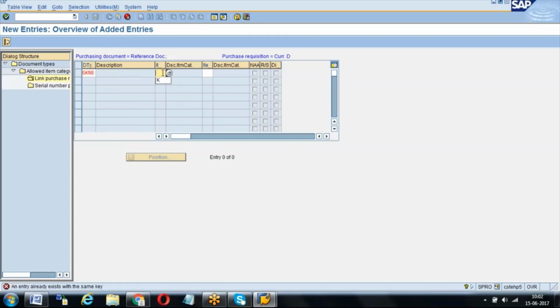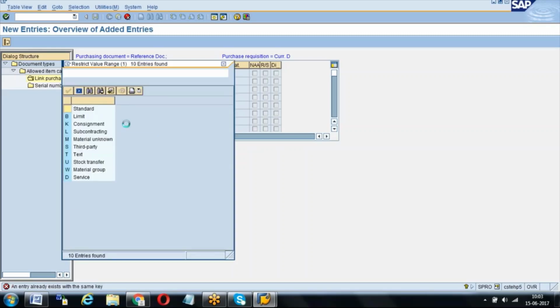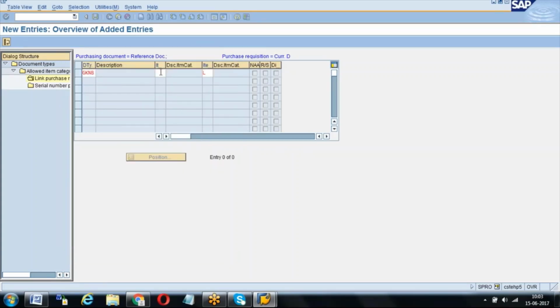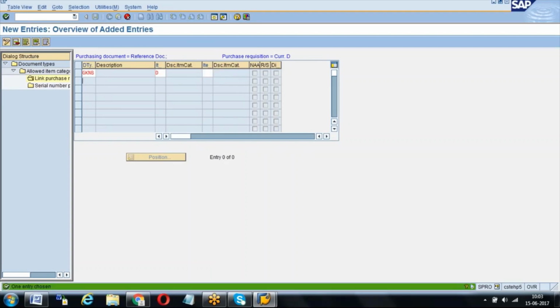Item category L is also available. You don't need to enter item category in the last one. You can delete it, right? No, it is not like that.